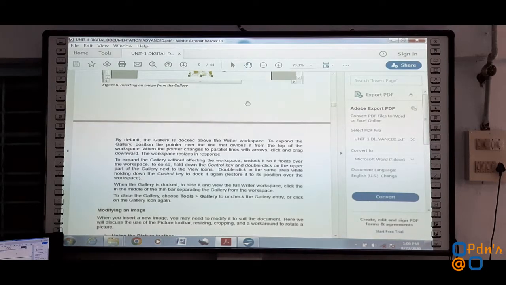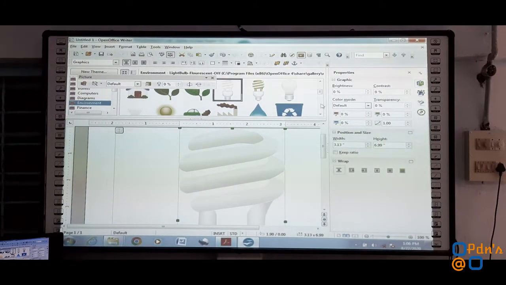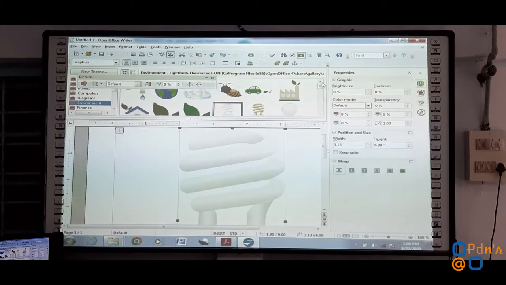If we would like to expand the gallery, we need to position the pointer over the line that divides it from the top of workspace. See, this is the gallery position. This is workspace. This is the gallery area.